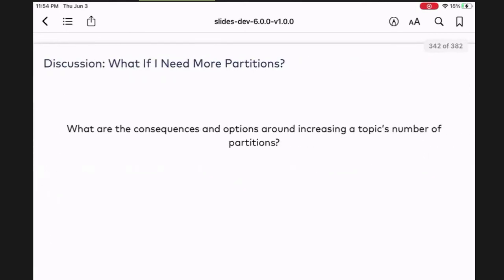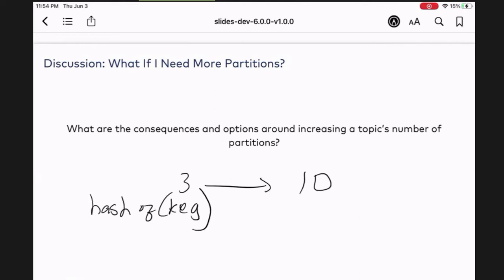So what are the consequences and options around increasing the topic's number of partitions? It's important to understand that if I have 3 partitions and I go to 10, then the formula changes, because before I did hash of the key modulo number of partitions, 3.